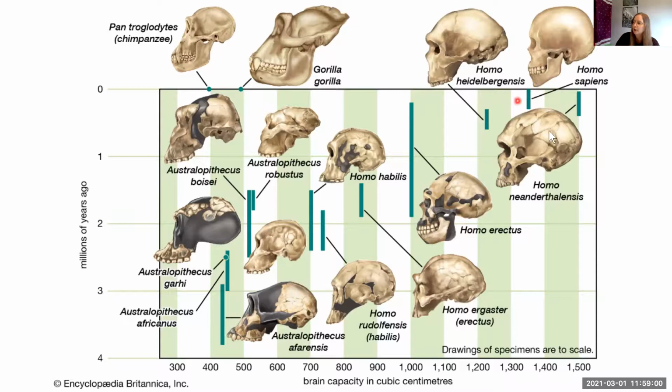The newer you are, the larger brain capacity you have. The older you are, the smaller brain capacity you have, which is pretty cool because humans are a very unique organism. And one of the things that makes us so intelligent and impressive and able to manipulate our environment, create technologies, increase our lifespan is related to our capacity to think and create. So that's our brain.